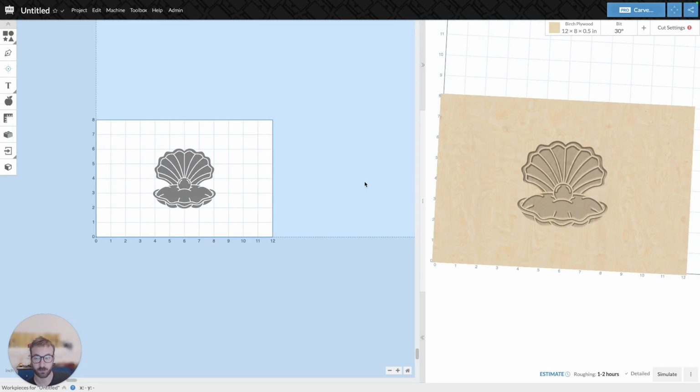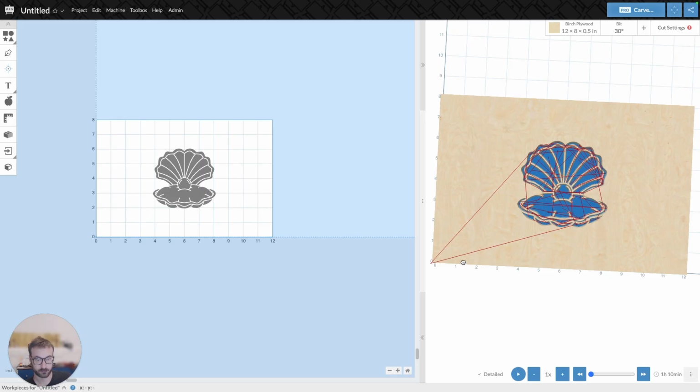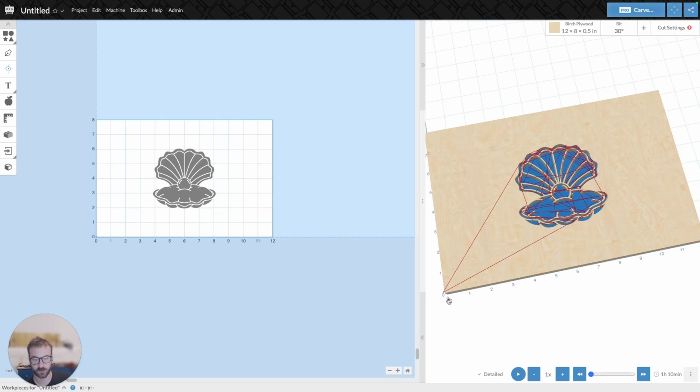Today we're going to be talking about how to set your carves to start from the center of your material instead of the front left corner. By default, Easel starts your carve here in the front left corner of your material, but you can change that,